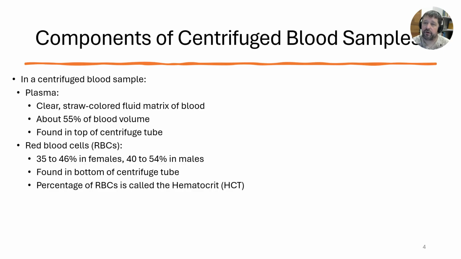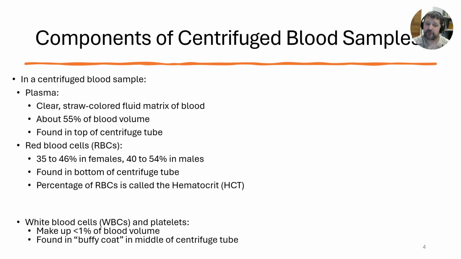Red blood cells are the bottom layer, which we call hematocrit. That's the percent of red blood cells, packed red blood cells. A centrifuge is just spinning really, really fast, and it separates things based on mass. Things that are heavier are pushed to the bottom. Red blood cells having hemoglobin inside them, that molecule is fairly heavy when bound to iron. It pushes them down to the bottom of the centrifuge tube, and then the layer between these two, between plasma